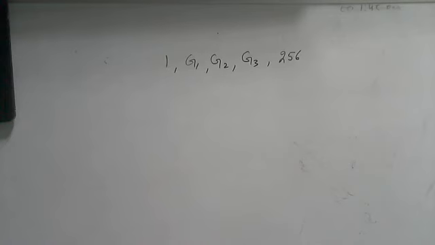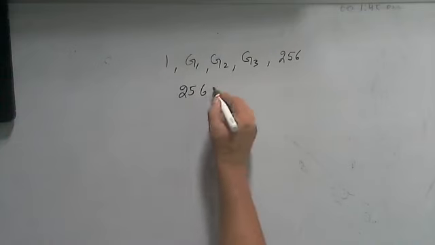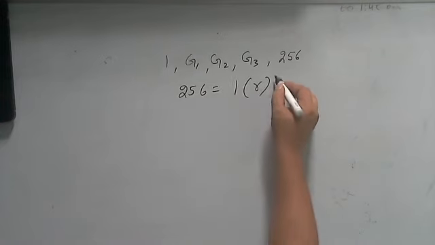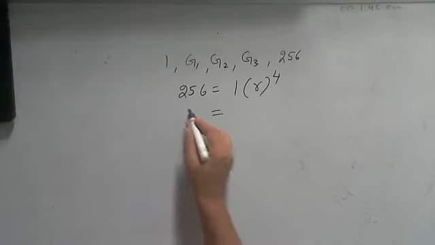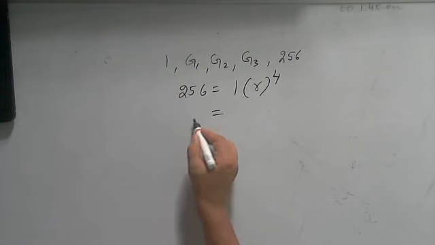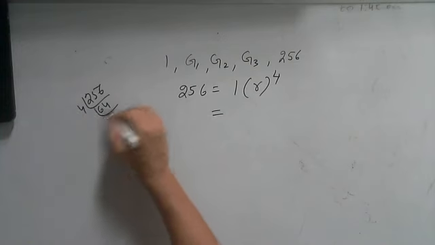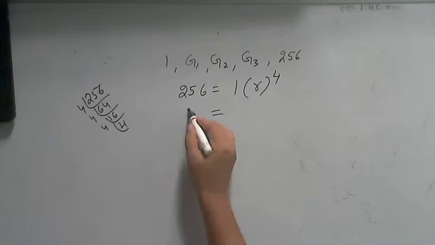I am giving you the explanation of this. After that you have to try some more questions related to this. Now see, the total number of terms will be 3 plus 2, that is 5. So 256 will be the fifth term. Fifth term means A r raised to the power 5 minus 1, that is 4. Now let us write 256 in terms of 4. So you can write it as 4 raised to the power 4.